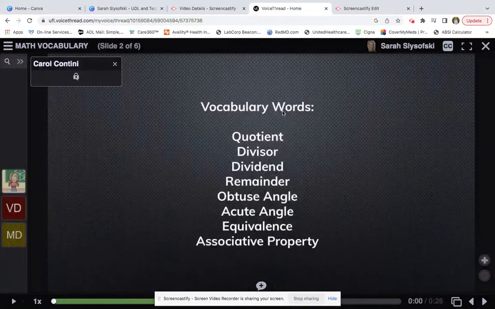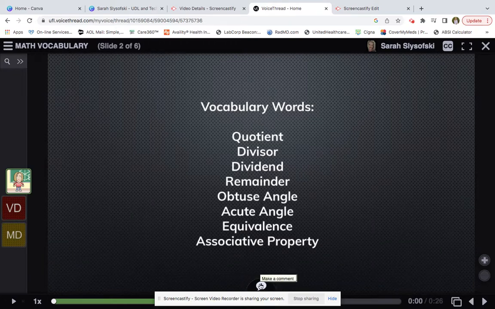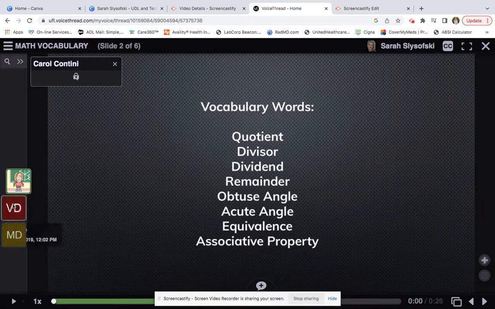we see our vocabulary words: quotient, divisor, dividend, remainder, obtuse angle, acute angle, equivalence, associative property, etc. So we also see a little plus button down at the bottom, and you guessed it, this is how we comment. So we see that 3 students have already contributed to this lesson, and we can go ahead and contribute